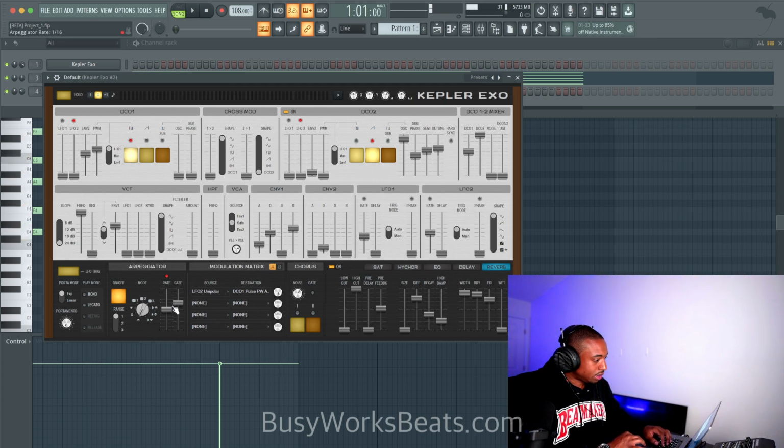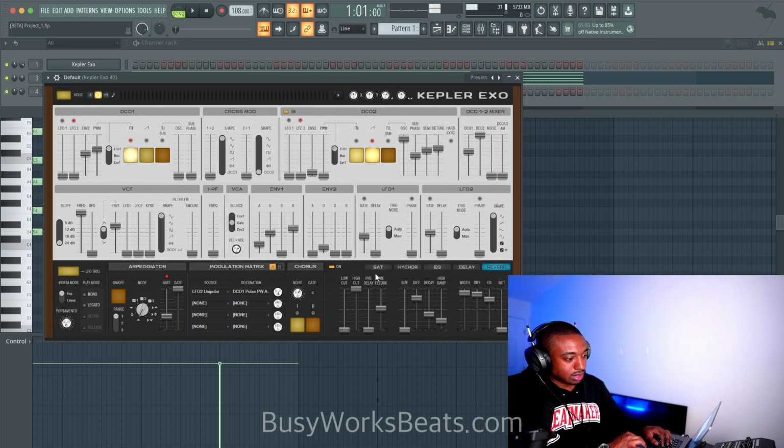And what else do we have? Truncation. Whoa. Take off arpeggio. And here's the sound without arpeggiating, which sounds like a mess. Let's turn off.